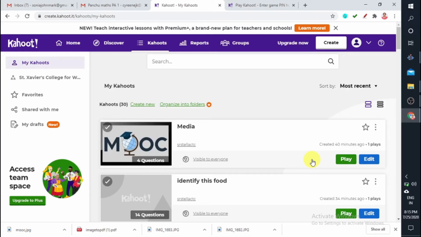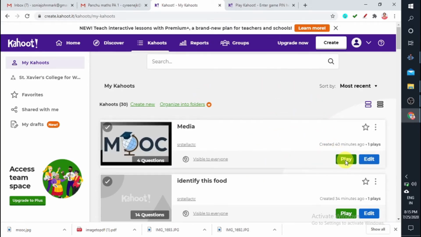You would be thinking, what are the uses of playing a Kahoot in your class? If you really want to find out the level of students before lecturing a topic, you can use Kahoot. If you want to help the students remember the most important elements from a lecture, you can use Kahoot. And if you want to run a survey on students' attitude, you can also use a Kahoot.